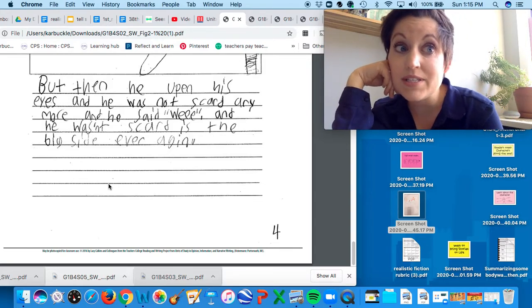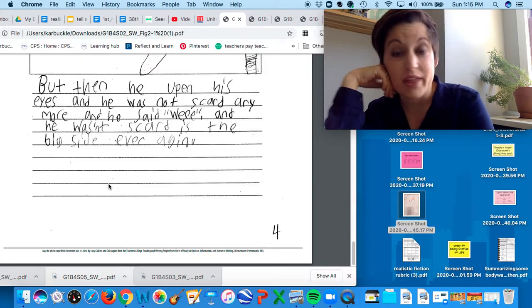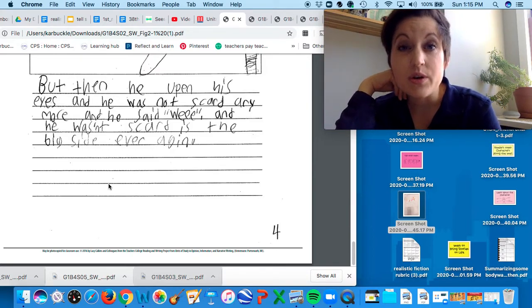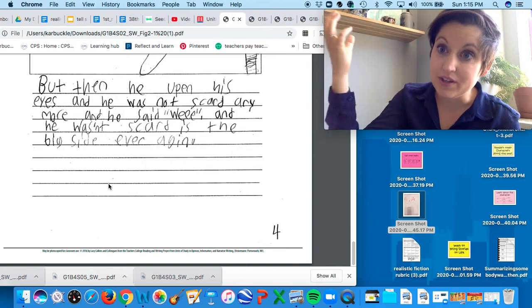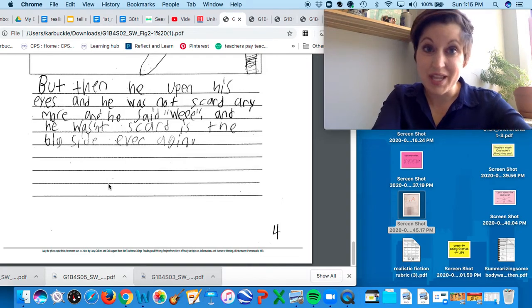So I really am excited to see how you're going to end your story. Are you going to teach me a lesson? Like, did your character learn anything? Or are you going to end with how you are feeling, okay? So I can't wait to see what is going to happen in our stories. And I can't wait to read your entire